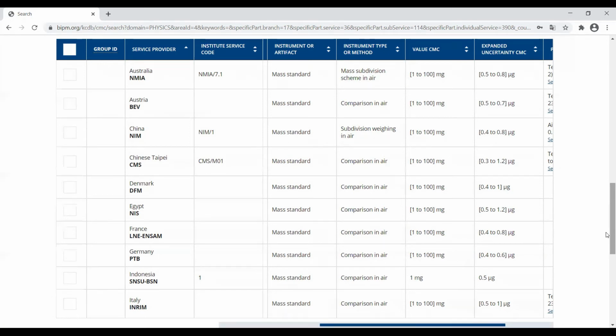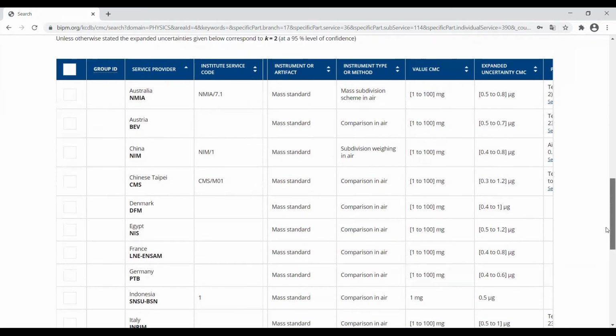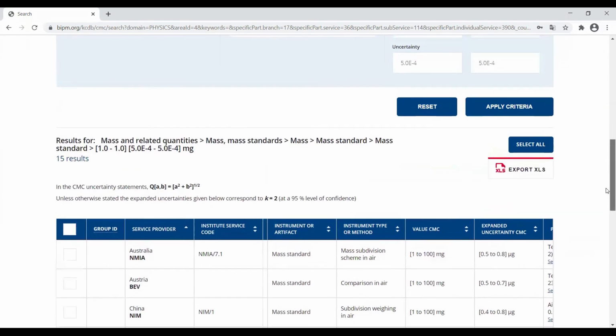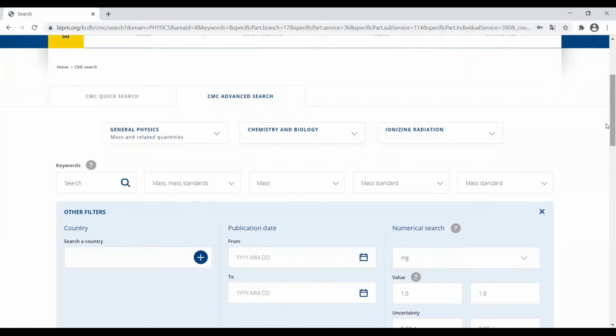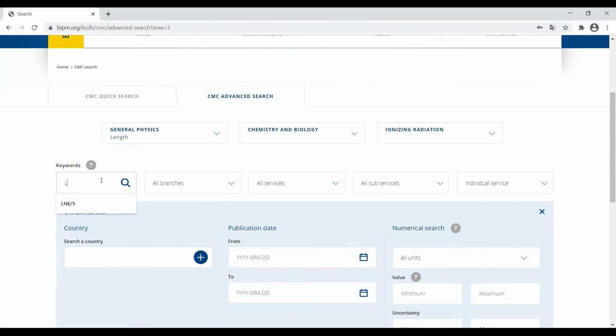We will now look at the case where the user searches for a specific CMC, whose internal service identifier was referenced by the institute. This is, for instance, to check the current status of the CMC. For this, we take the example of the service declared by an institute in France in the domain of length. So we will switch to the length metrology area, and we will use the search box to enter the service code LNE5 that we know,